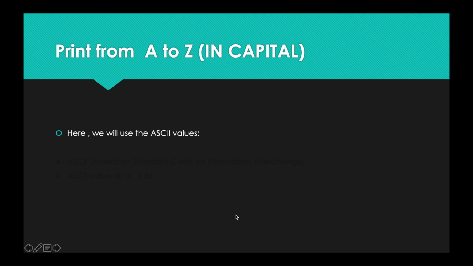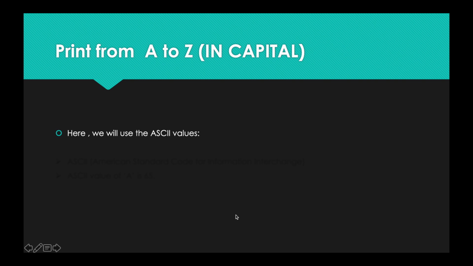I hope you all know what's the ASCII value. Every key you press on the keyboard has its ASCII value. It's like comma, full stop, or whatever you print, everything has its ASCII value. So number 1 also has its ASCII value as 49, that numeric 1 I am saying.